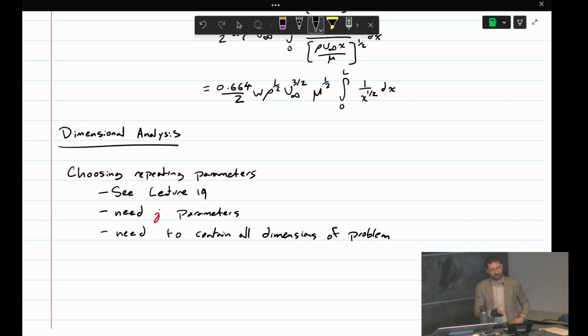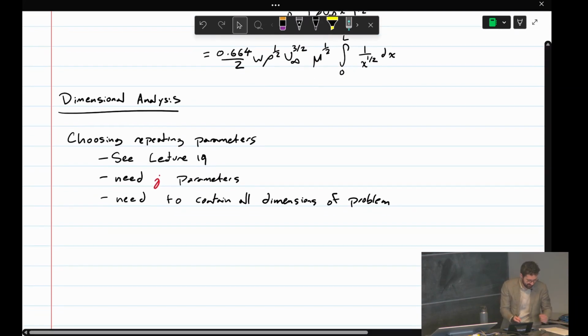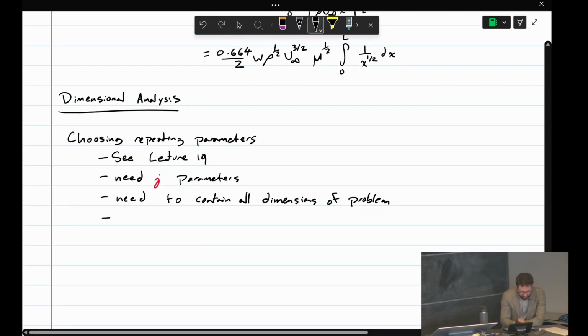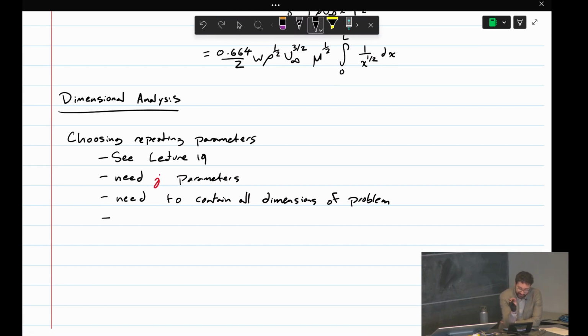So if you have mass, length, and time, and you only pick repeating parameters with mass and length in them, that's bad. You need to have mass, length, and time in your repeating parameters. It's a green flag if your resulting pi groups are starting to look like the ones in that table. That means, okay, I probably picked the right repeating parameters. So verify